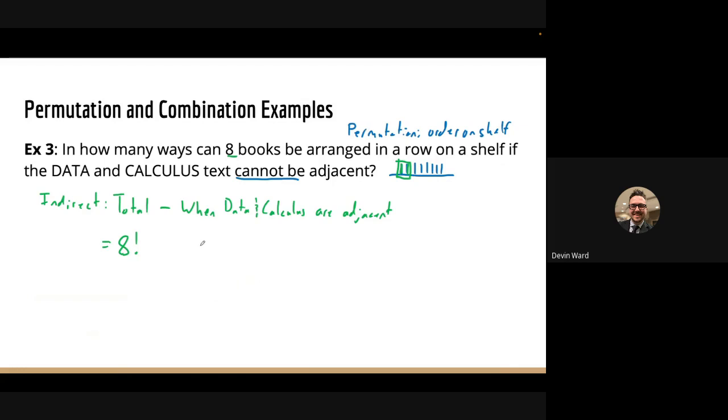And then we subtract when they're adjacent. So if we look at this, we have 1 unit here, 2, 3, 4, 5, 6, 7. So we have 7 total units that we're going to move around. And then within this box here, we have 1 and 2 within the unit. So it allows for us, because say data could be first then calculus, or calculus then data. And as they move through, they can always switch up their order. That's why 7 factorial times 2 factorial. Okay, so this would give us